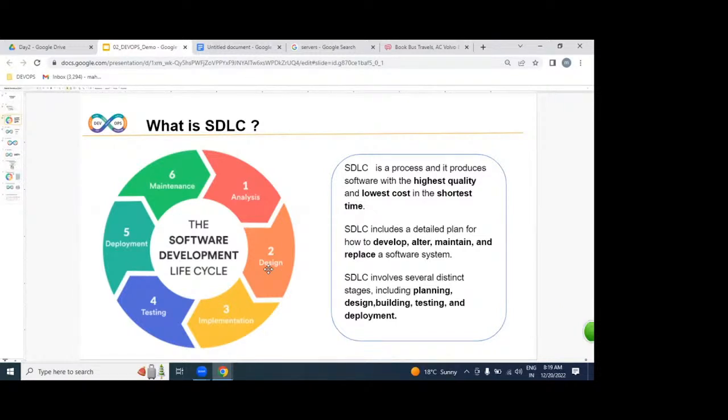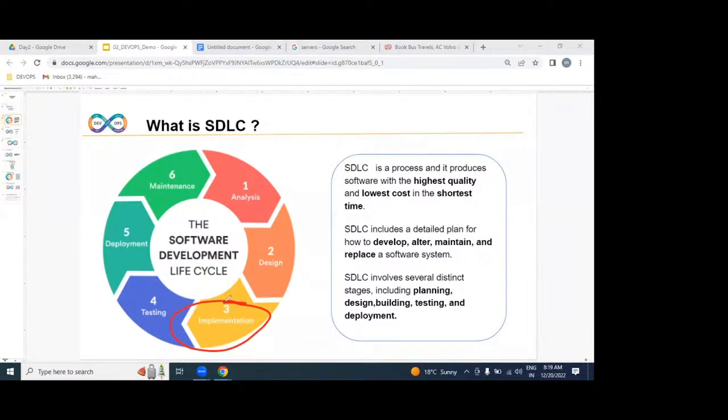Understood? To construct a house, we require a planner: double bedroom, triple bedroom, apartment. Without a plan, we can't construct the house. In the same way, according to the plan, our developers will implement. Our developers implement the software by using Java or .NET or Python, whatever.